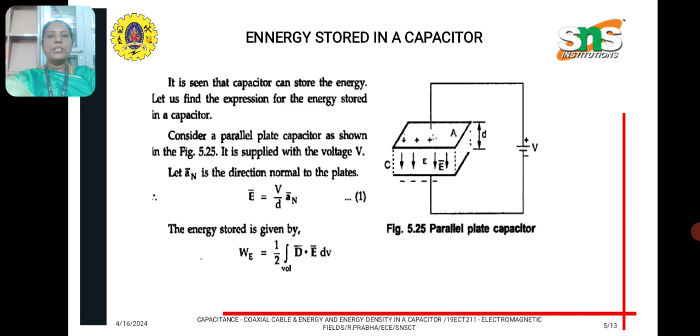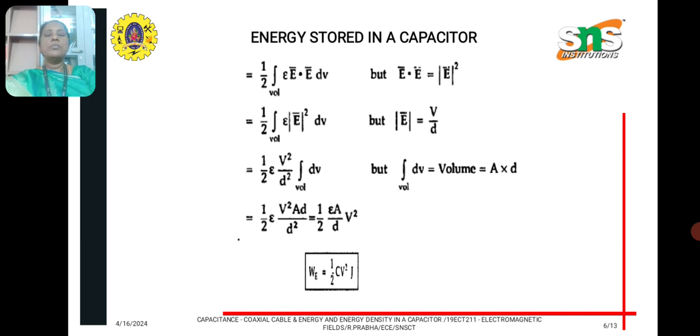by the separation between the plates d, multiplied by the unit normal vector, because in this case the electric field is perpendicular to the parallel plate. So here it is given with the normal vector. Also, we know that the displacement density vector D is epsilon times E vector. So by substituting in the energy expression, 1 by 2 volume integral, D is replaced by epsilon E dot